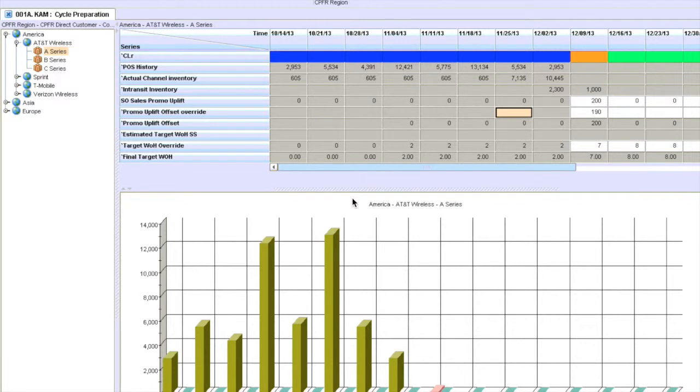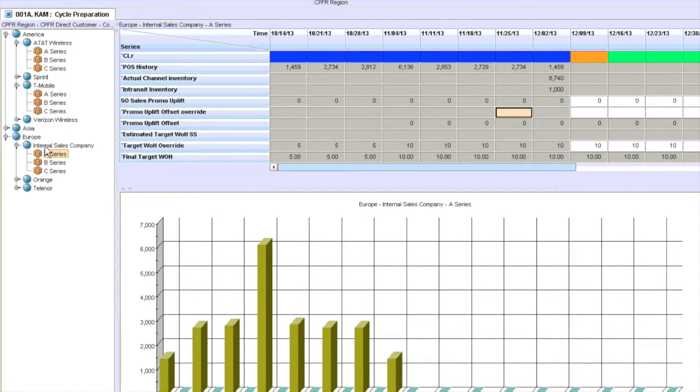So we start with the cycle preparation worksheet. Right now I've logged into Demantra. On the left-hand side, we see the hierarchy. So we have the region on the top, and within that we see the direct customers. In case of retailers, for example, in Europe, we have the internal sales company. It's a two-tier architecture. So within Europe, we have internal sales company, and then there would be one more level